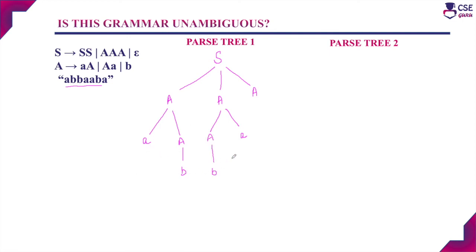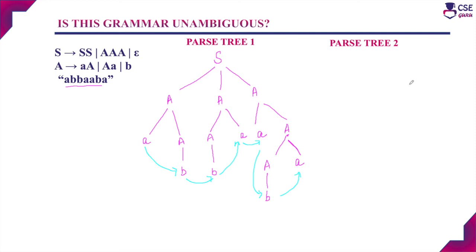So now A double B A we got. Next A B A we have to get. So for this non-terminal A, we will apply the production rule A derives AA. Next, for this non-terminal A, we will apply the production rule A derives AA. Now for this non-terminal A, we will apply the production rule A derives B. So now if you are tracing the input, A, double B, double A, B, A, we have derived it using the first parse tree.